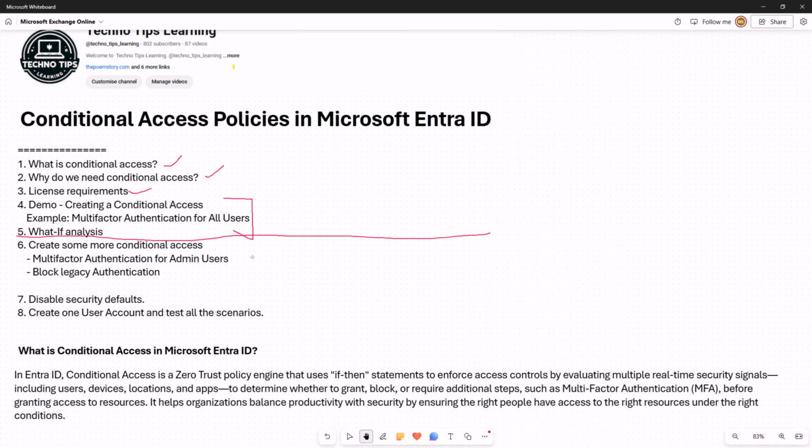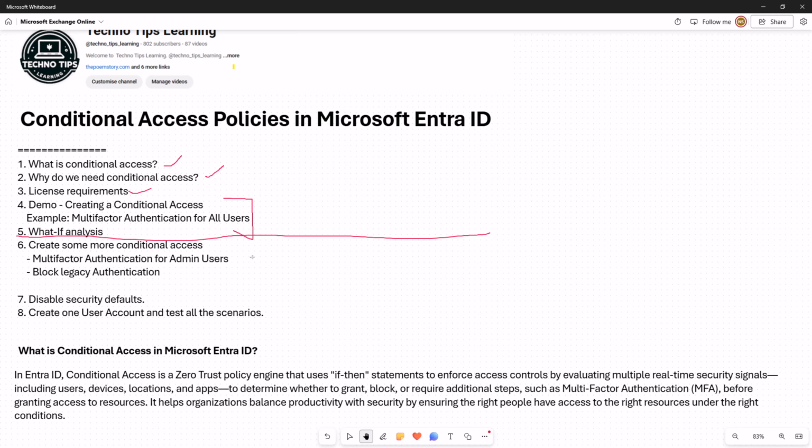In Entra ID, conditional access is a zero trust policy engine. Zero trust means you do not trust anyone before they provide the complete credential, before they fulfill a certain condition. It uses if-then statements. If a user provides the correct credentials, then you allow them to access the resource.